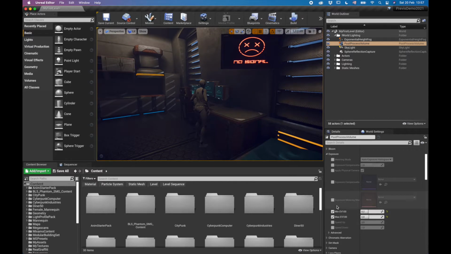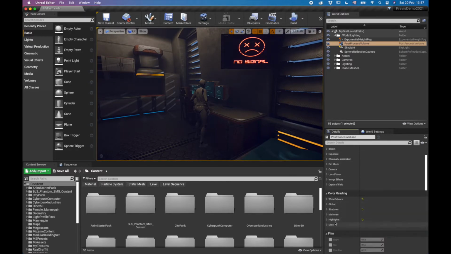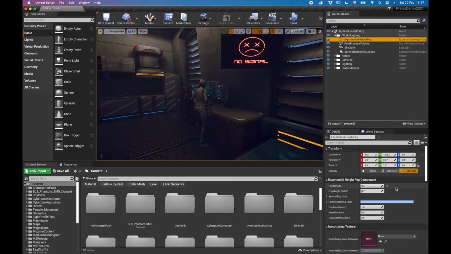But that's another thing that I've done. Okay, so I modified my exposure. Here I didn't touch anything anymore. And the exponential height, yeah, this was something that I was looking for yesterday, and it's the fog density, but